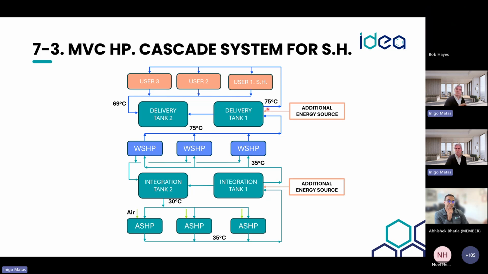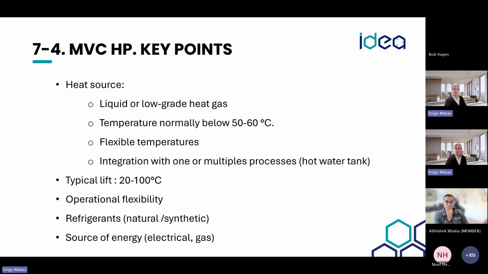That maybe is in the way of changing the radiators to increase the area, to achieve the same heat transfer. But it's also a very good application, this cascade system using both. Again, the idea of using both systems is to maximize the COP and the performance of these systems.